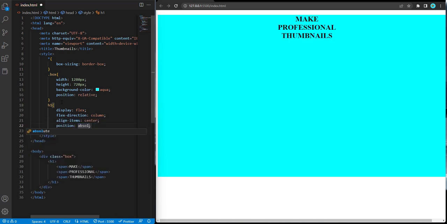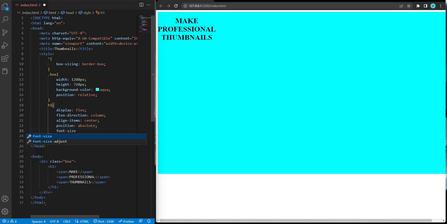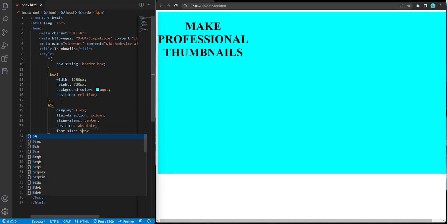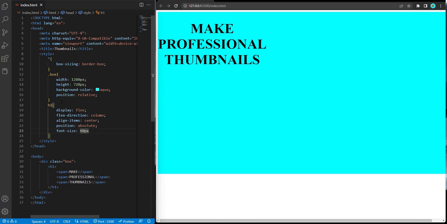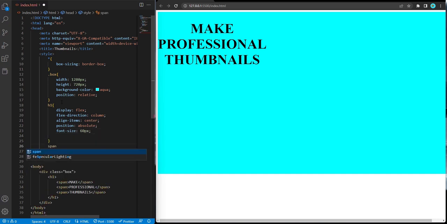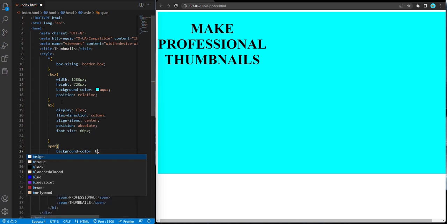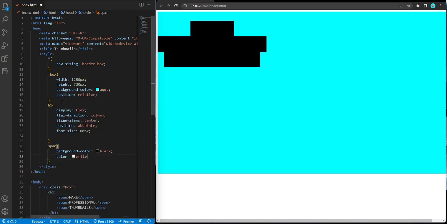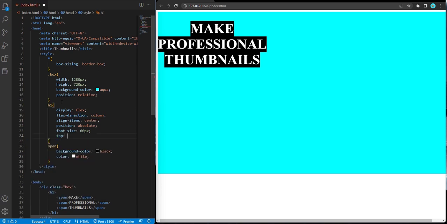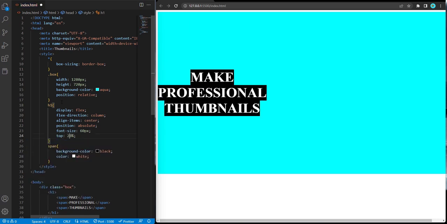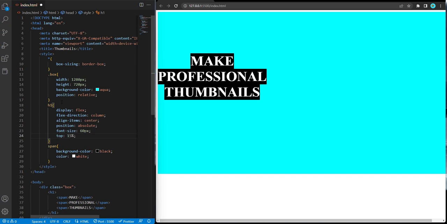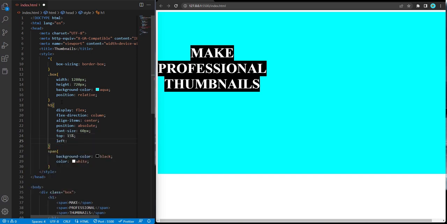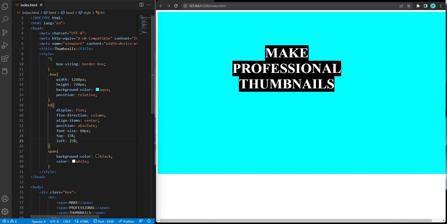Giving position, making the font a little bigger. Let's add some style to our span. Giving background color black and changing the color of the text to white to make it visible for now. Later you can change it. Changing the position of the text, 50%. Left should be,